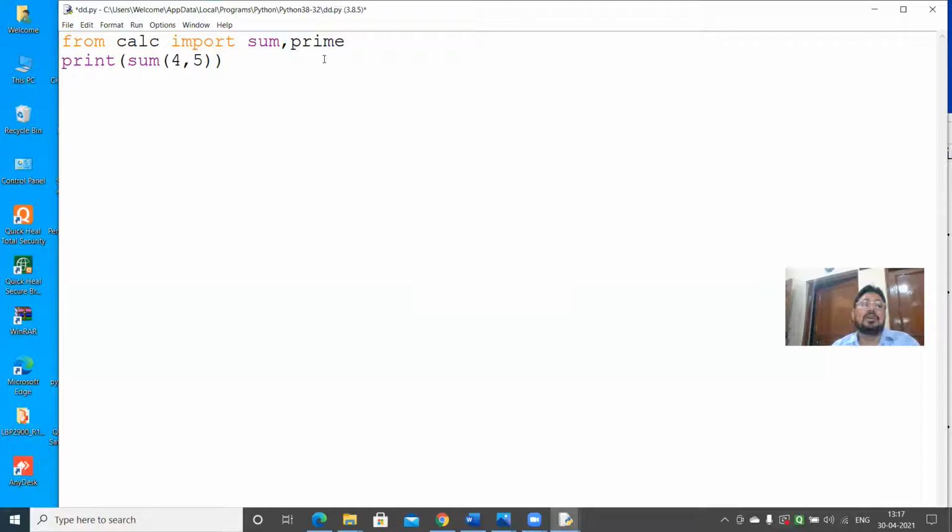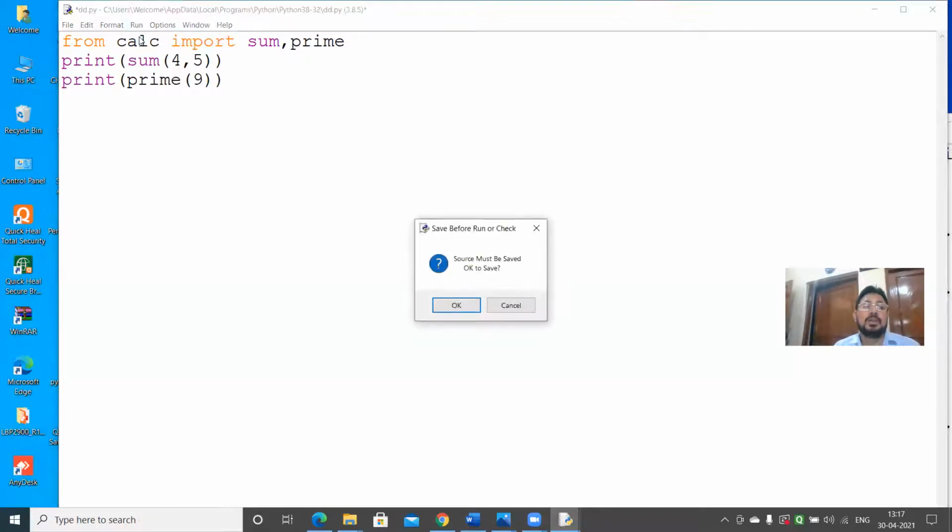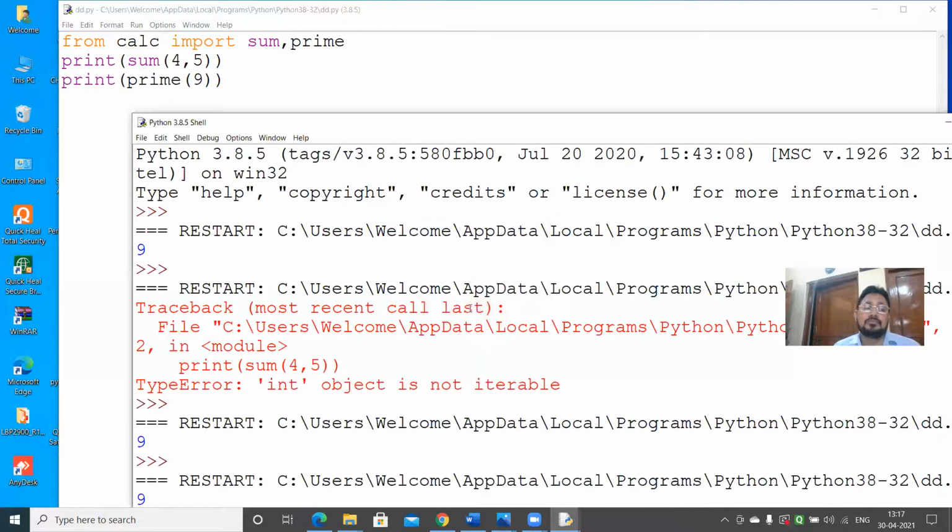So prime will also work. If I write print prime 9, it is not prime. Run. The first result will come as 4 plus 5, 9. And the second, just see, it is not a prime number.